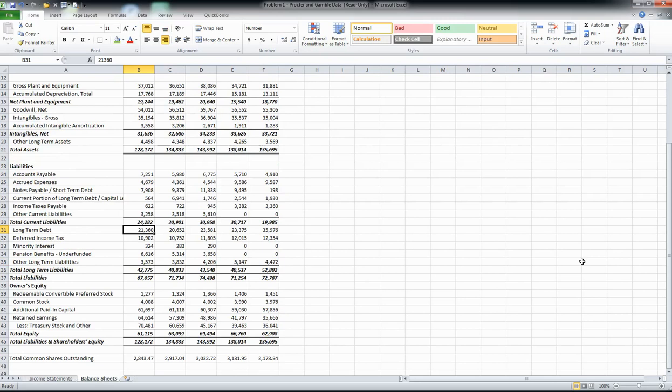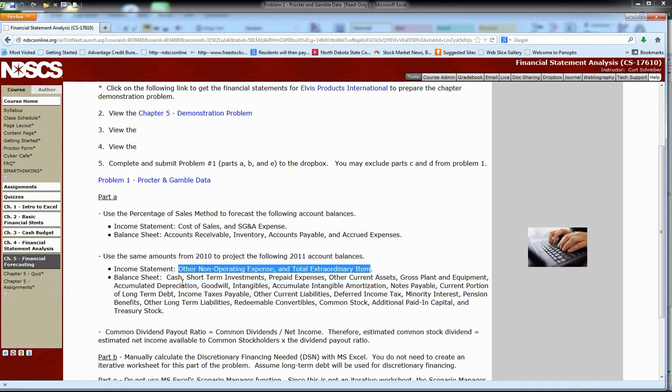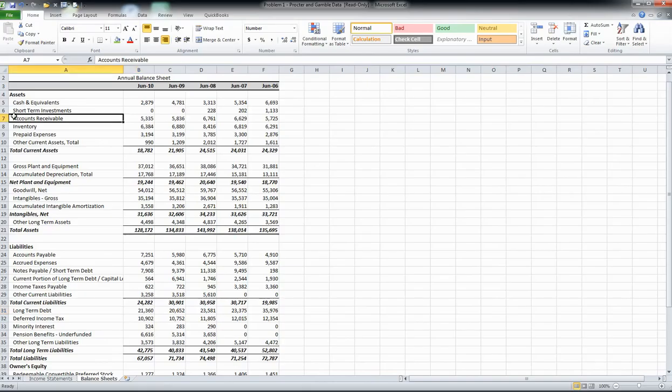Now, clicking on to the balance sheet. It's a pretty extensive balance sheet here, but once again remembering from our e-companion material, if you click back to it, it says to use the percentage of sales for accounts receivable, inventory, accounts payable, and accrued expenses. We're going to use the percentage of sales method to calculate or to project these four items,